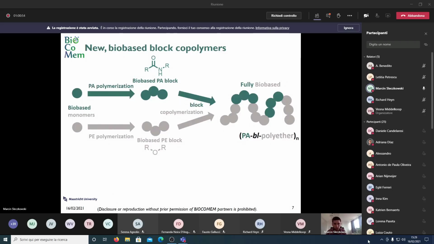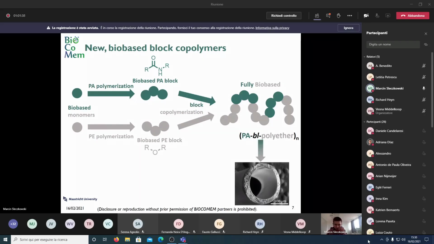And the strategy from the chemistry point of view, at least on paper, is actually quite straightforward, because what we intend to do is essentially we have a feedstock of bio-based monomers, either for the polyamide or polyether synthesis, and in the first step we prepare those prepolymer blocks, and then later we couple them together, which in the easiest fashion is done via condensation chemistry for the polyamide block synthesis, as well as for the block copolymer synthesis. That's a little bit different for the polyether block here, but that will be discussed later by